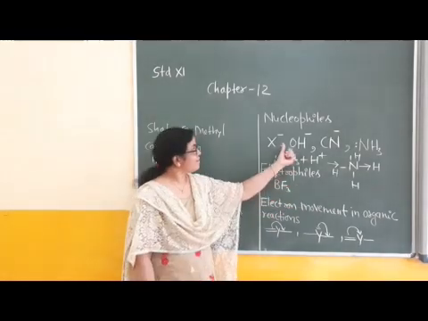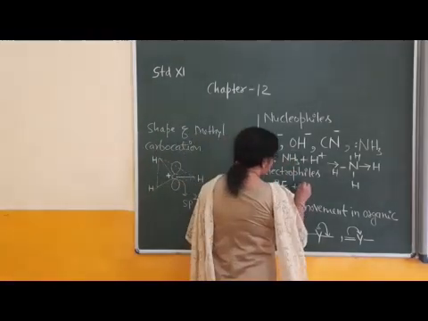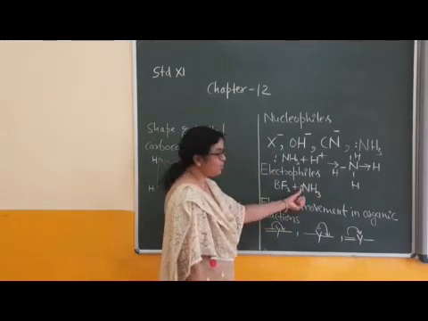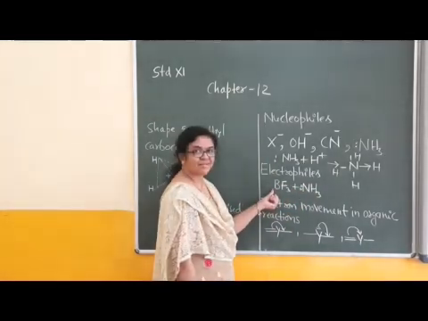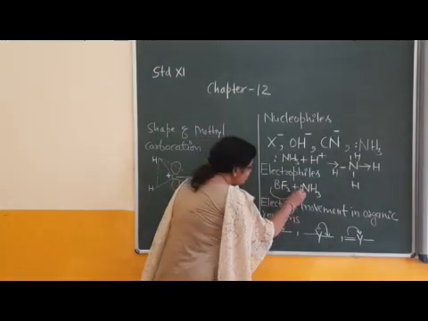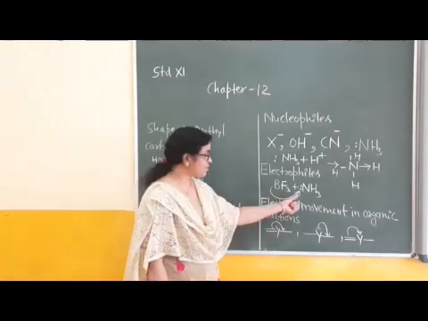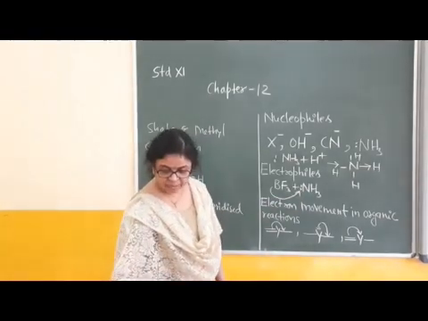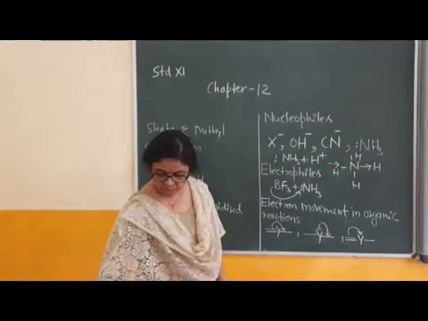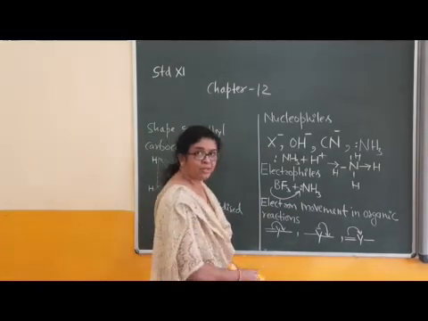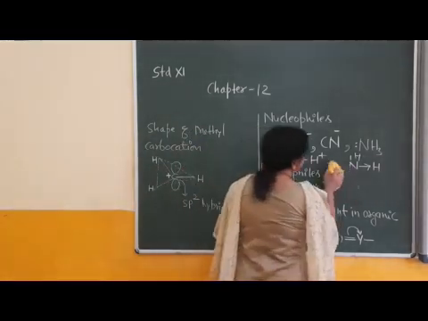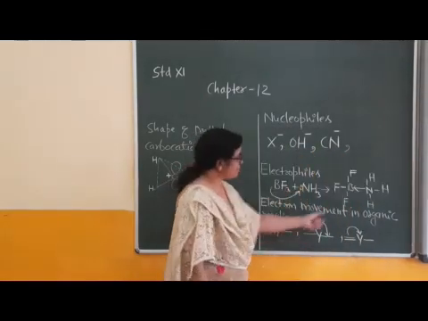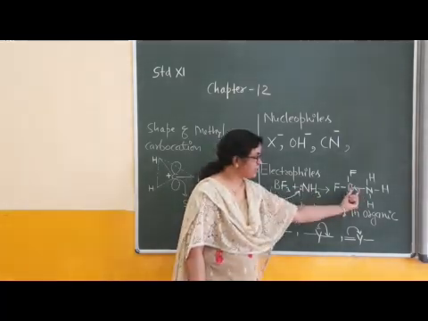Because these compounds are electron deficient due to the incomplete octet. BF3 plus a nucleophile like this, NH3. This is the nucleophile, this is the electrophile. Attraction of this electrophile towards the electron-rich center, which is a lone pair of electrons, then formation of a compound with a coordinate bond. One chemical bond is a coordinate bond between donor of electron pair and acceptor of electron pair. Donor is nitrogen and sharing between the two.